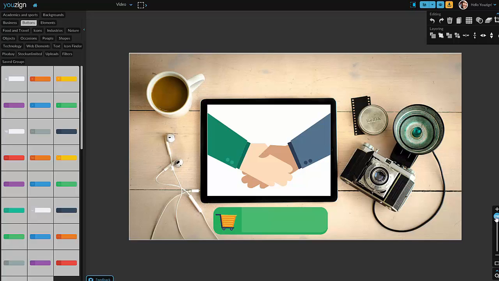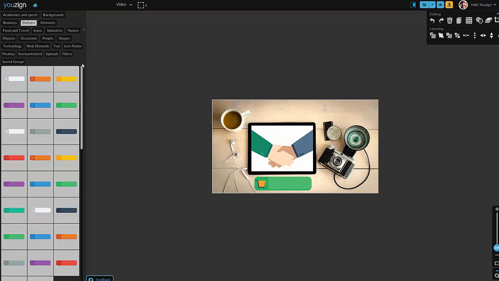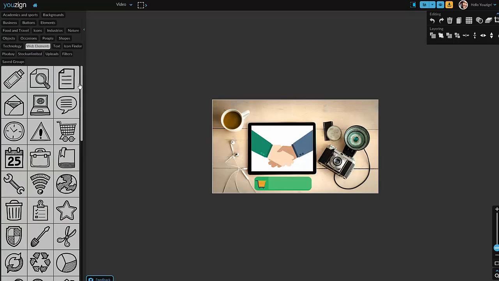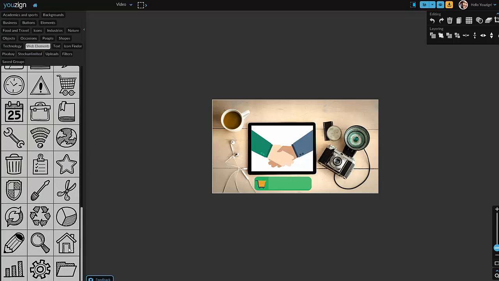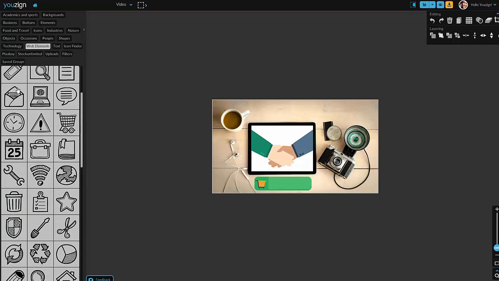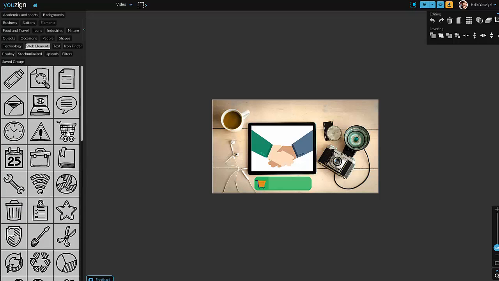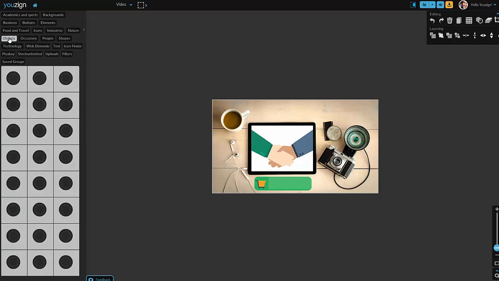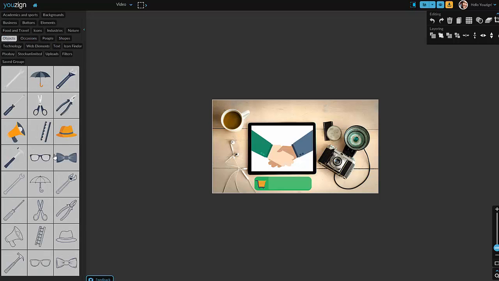We'll zoom back out now, and let's say we want to add some web elements, so we'll go in here and we'll see what we have. Shopping cart. Now we'll just leave those. We'll go to, let's see what else. Everyday objects. These are the right kind of style. We'll just click this one to stick it in. Put it up the top here, and now we want to add a solid kind of a bar behind this,